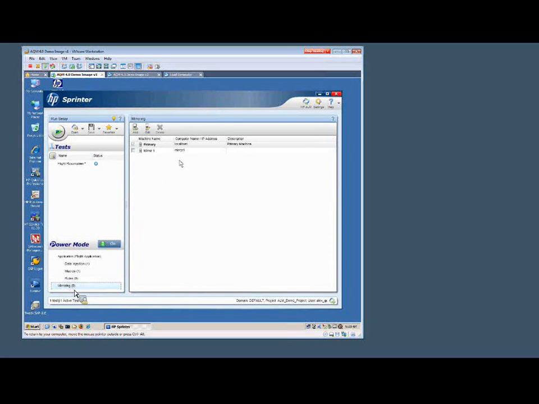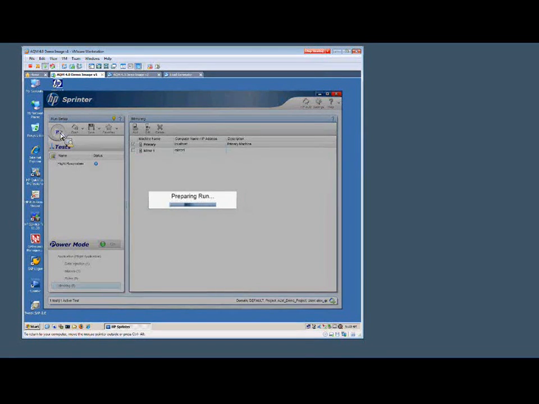And finally, I can set up my mirror machines here. Unfortunately, I have only my primary machine available right now, but I could have other mirrors if they're running, and then just add them to my test to use them. So now that we went through the setup, I can press the play button to actually run the test, and